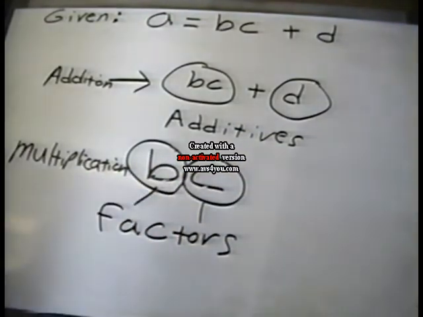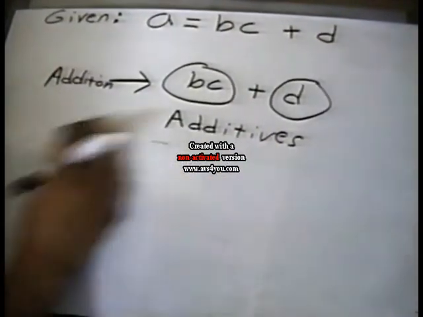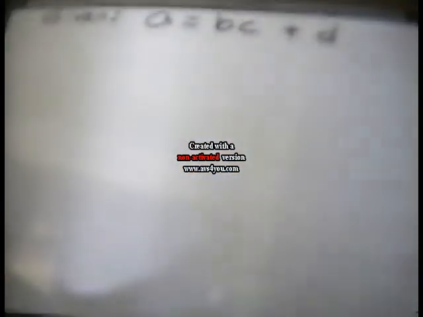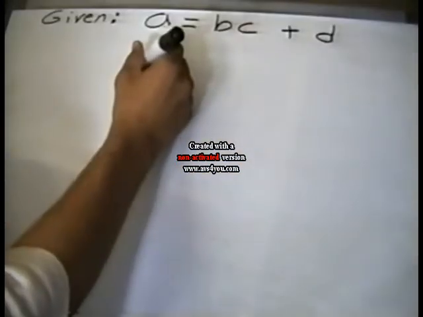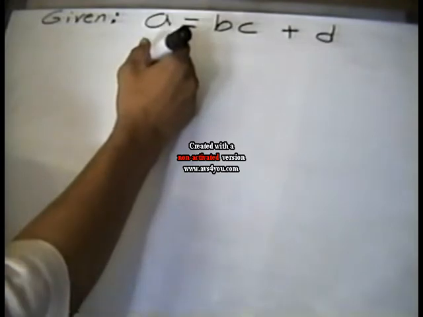Okay, so if I want to get B or C separately from itself, if I want to remove C from B or B from C, you're going to have to do that by multiplication or division. We simply say multiplication though. So to get rid of, if I want to move BC to the other side of the equation,